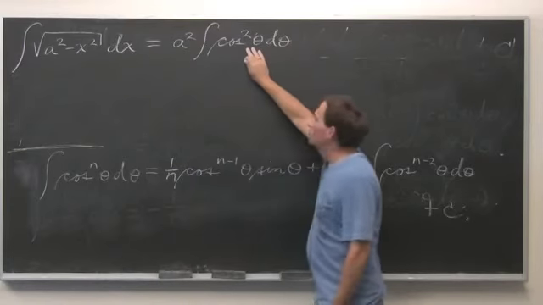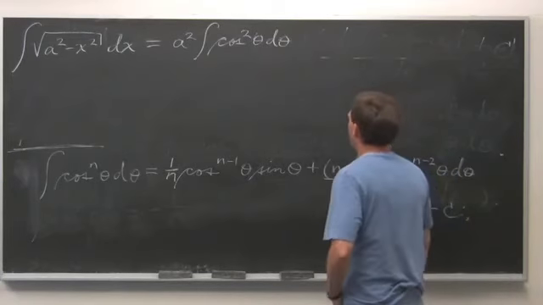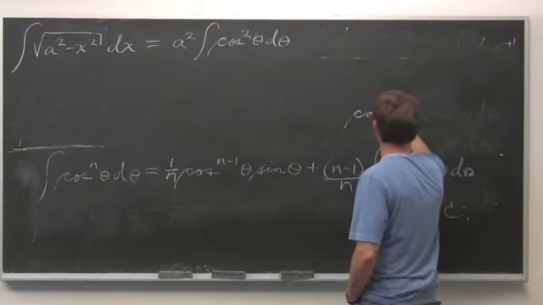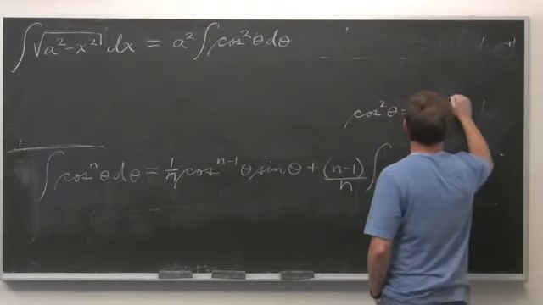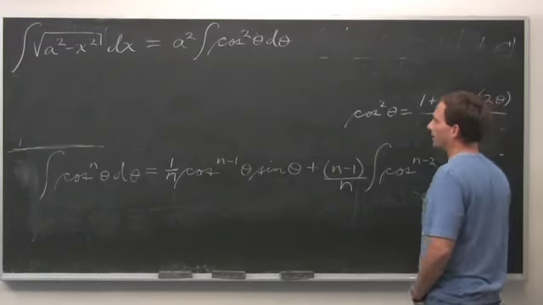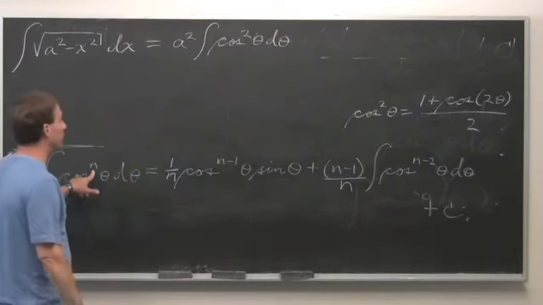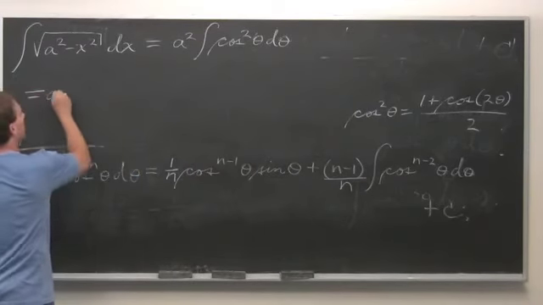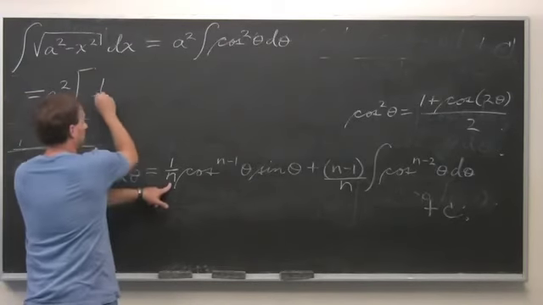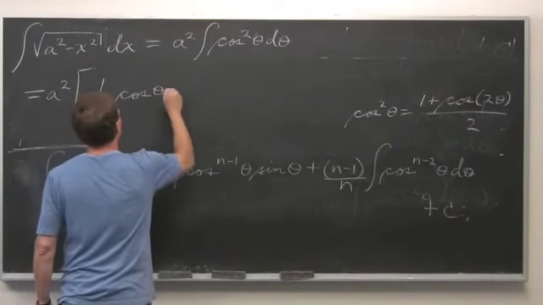And then either you use a trig identity, the double angle formula for cosine. If you solve for the cosine squared part, it tells you that cosine squared theta is 1 plus the cosine of 2 theta over 2. So we could use this trig identity to integrate this. But since we have our iteration formula on the board, we might as well use that with n equals 2. And we get a squared times, when n is 2, a half cosine to the 2 minus 1, so cosine of theta times the sine of theta,